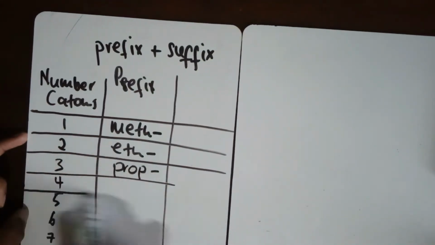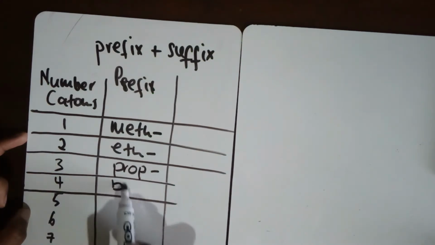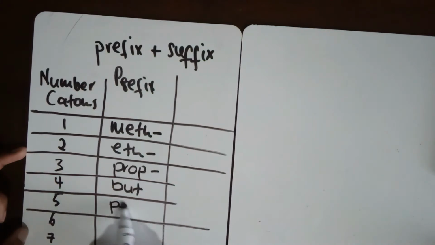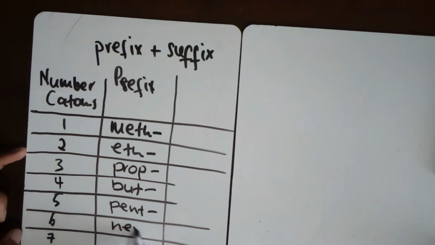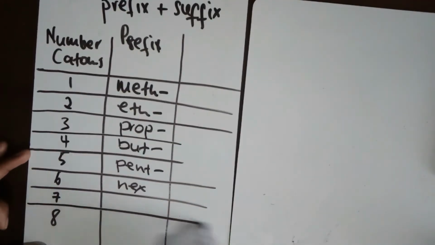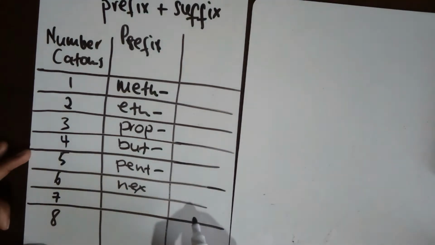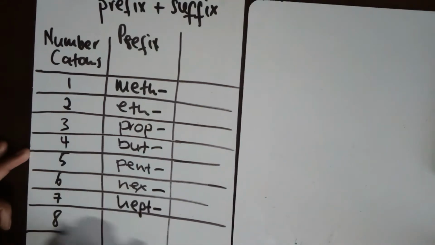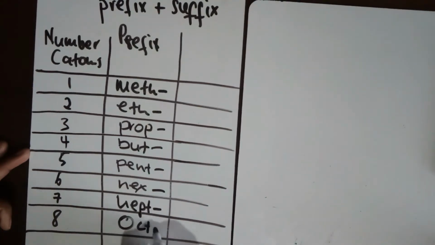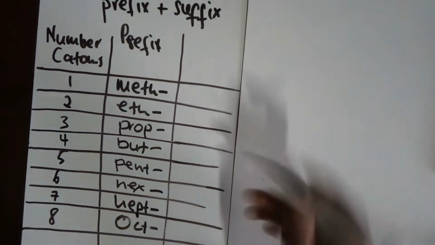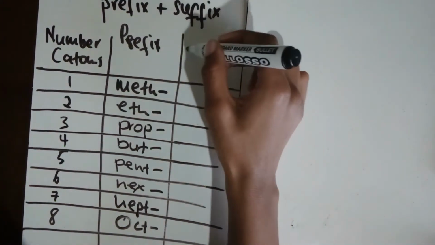If there are 4, it's going to be but. If there are 5, it's going to be pent. If there are 6, it's going to be hex. If there are 7, it's going to be hept. And if there are 8, it's going to be oct. So that's our prefix. Now on this column, we can say that for the suffix,